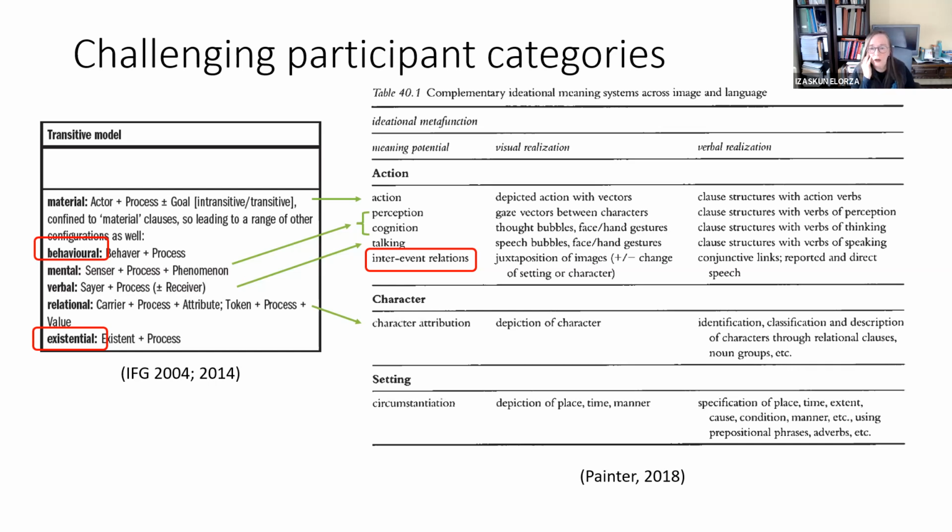But behavioral processes are not considered by Painter either, and as we will see later, I do not fully agree with that. I know that behavioral processes are, let's say, tricky, to say the least, in systemic functional grammar, because they are open to different considerations. Cardiff grammar considers them in a different way, and some scholars don't consider behavioral processes at all. I'm not discussing that either. I am considering behavioral processes, as in the traditional description by Halliday, but Painter doesn't, for instance.